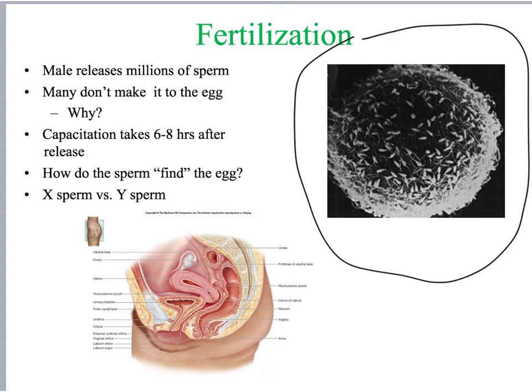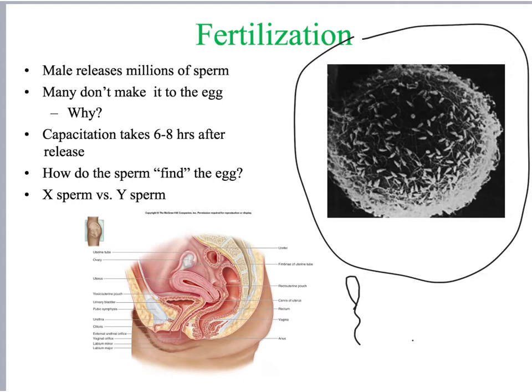I'll tell you, this is kind of an over-exaggeration, but Y sperm are smaller and faster. Remember, we said that they carry a little bit less DNA. So I'm trying to draw this sperm here on the bottom to look like sort of a sleek Lamborghini, Ferrari sort of race car. This is smaller and faster, but it does die quicker. They live fast and die young, so to speak.